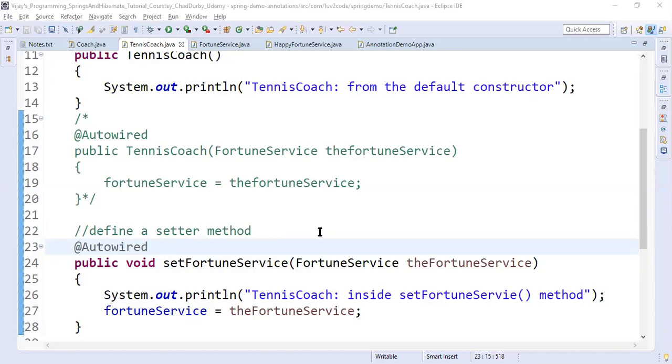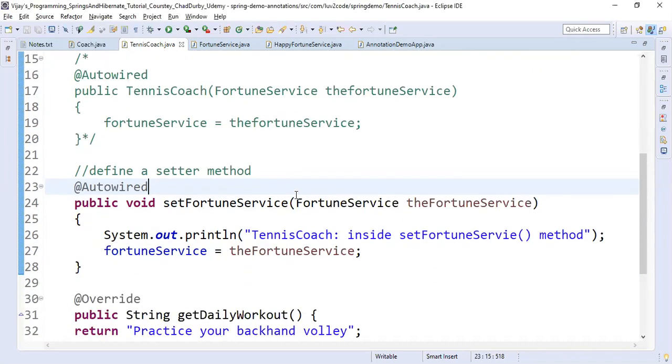We are guiding the Spring framework to auto-wire this dependency, and Spring will look for any class that implements FortuneService.